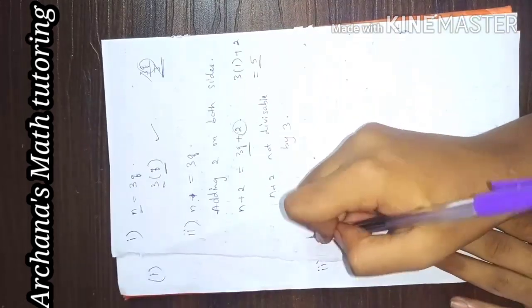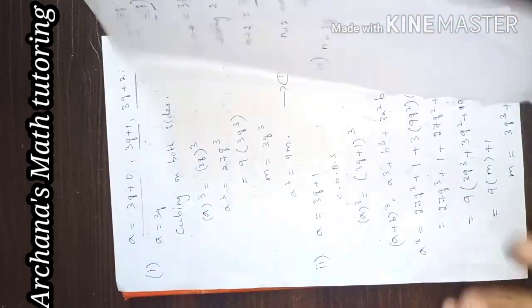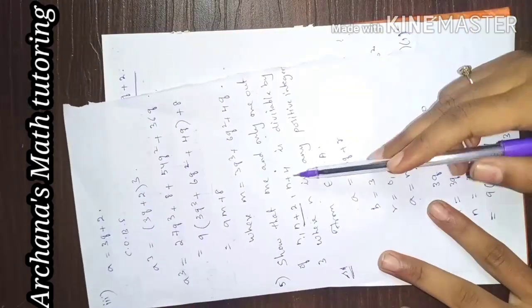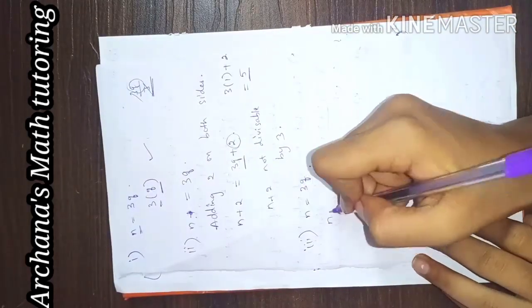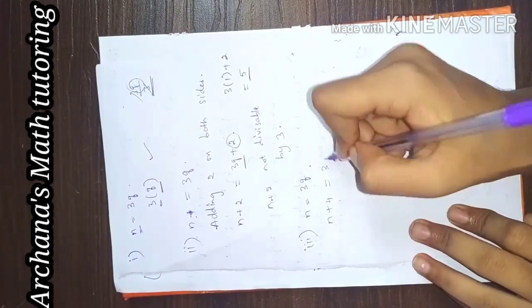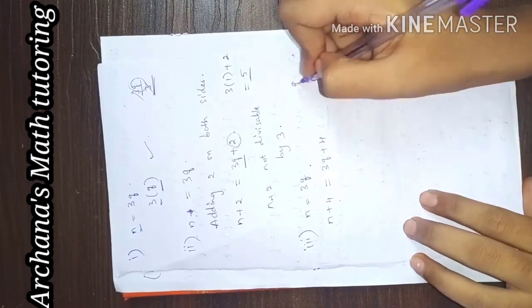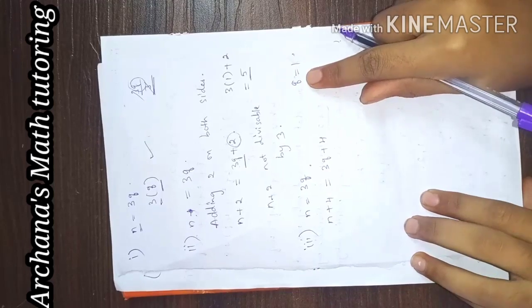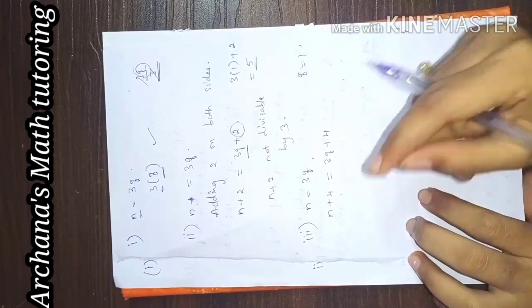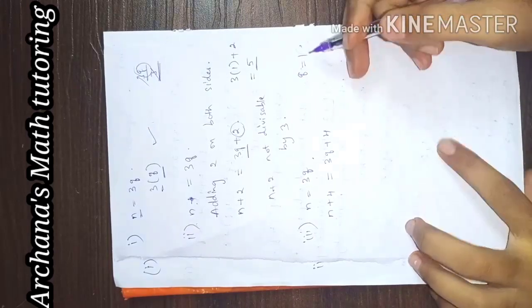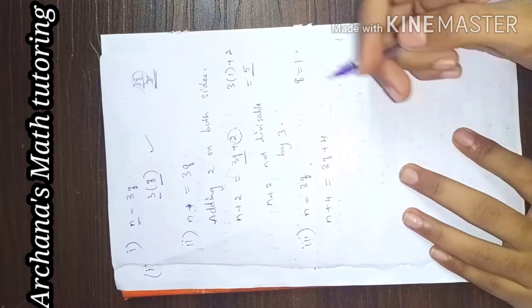And now the third case, where we already know n is equal to 3q. For n plus 4, we should find out whether this is divisible by 3 or not. So add 4 on both sides, 3q plus 4. You can substitute any value. Substituting 1 is very easy, and the number stays very small. You can also substitute 2, 3 and so on, or you can directly substitute 0 itself.